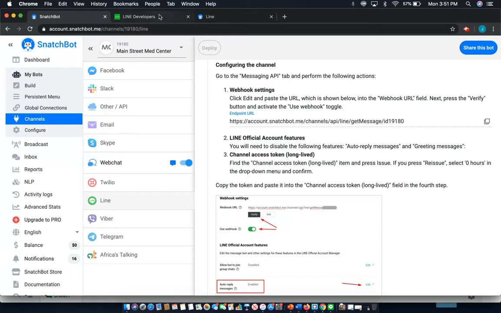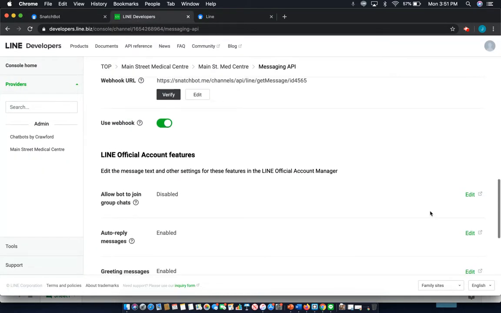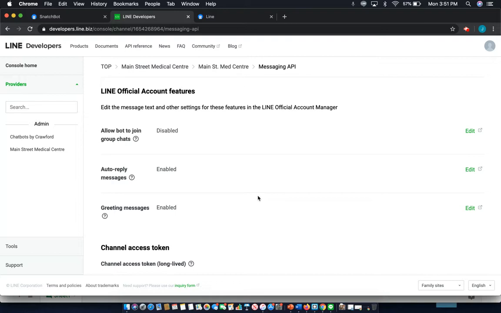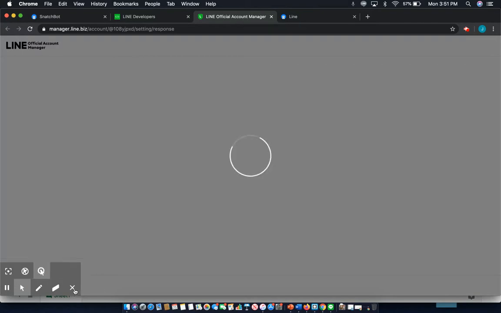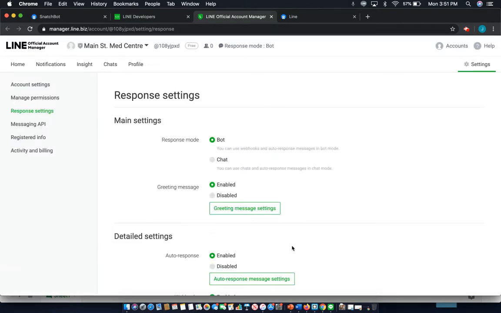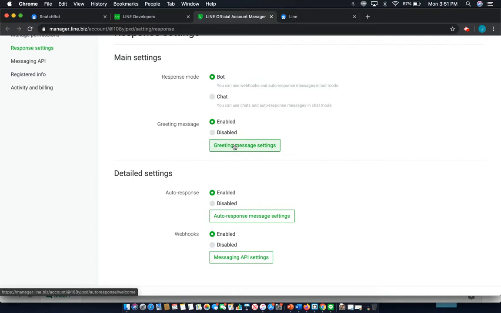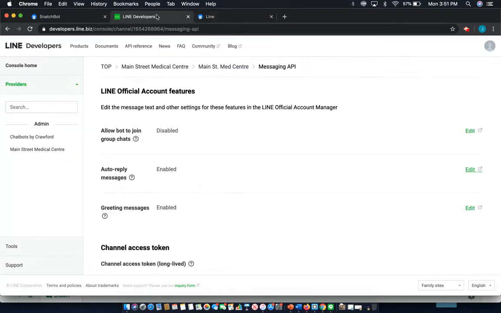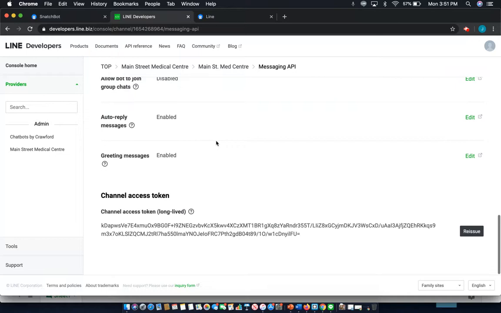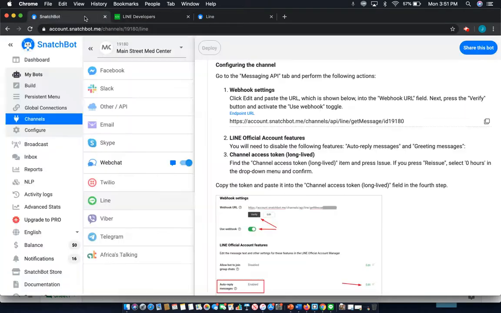And the other thing we'll do once we're there is to disable greeting messages and auto reply messages. You can do that by selecting edit. And then disabling that and disabling greeting messages. And those changes are saved. Next,